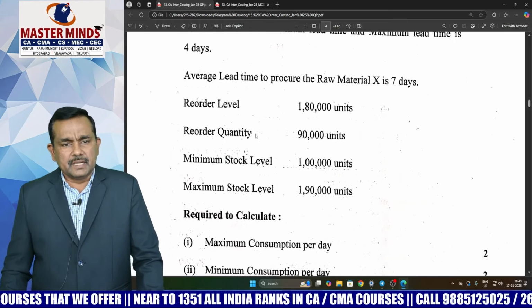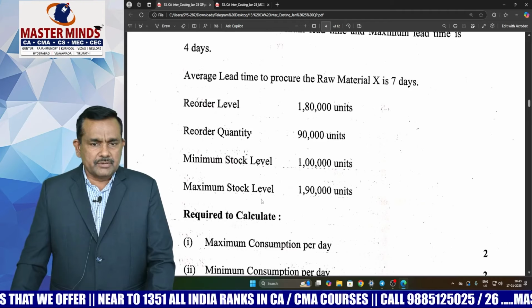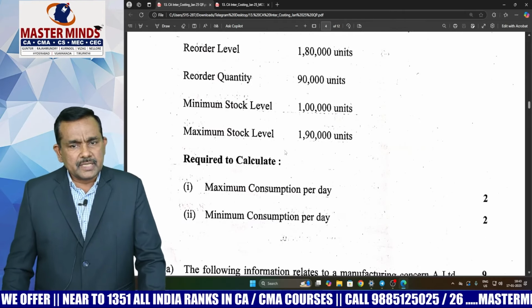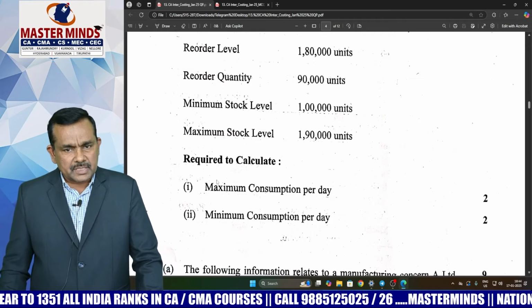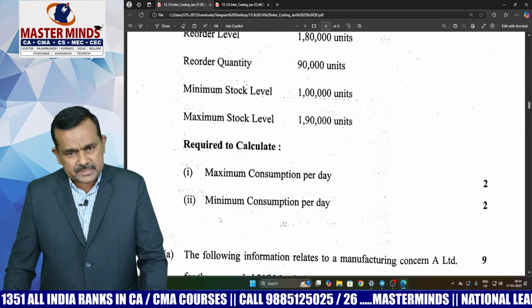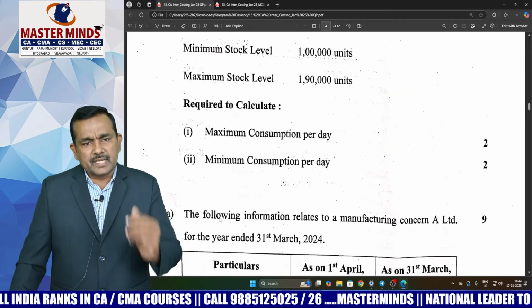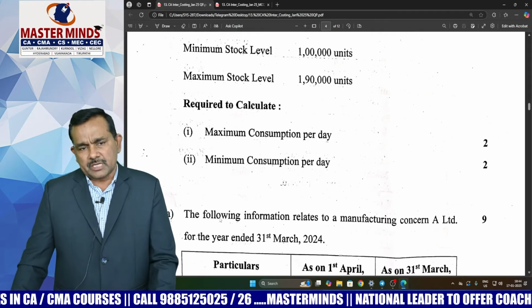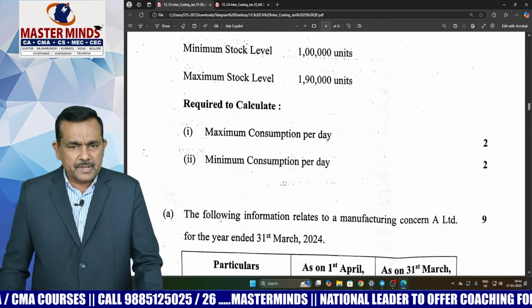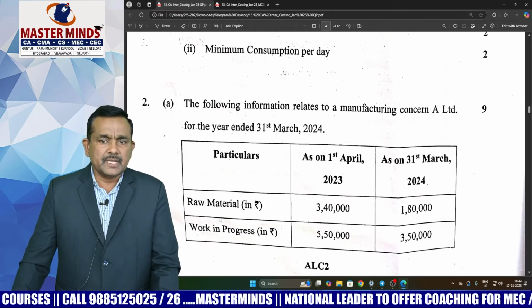Then here reorder level, reorder quantity, minimum stock level, maximum stock level. So here maximum stock level 1 lakh 90,000 units, minimum stock level 1 lakh units, sir. Then you can easily calculate the maximum consumption per day and minimum consumption per day, apply the formulas, then you can easily get the maximum consumption per day and minimum consumption per day. Next